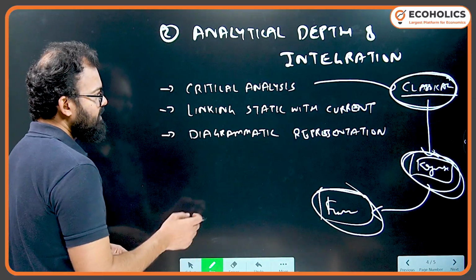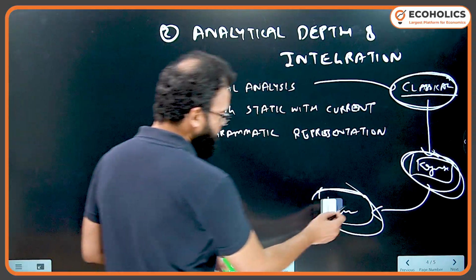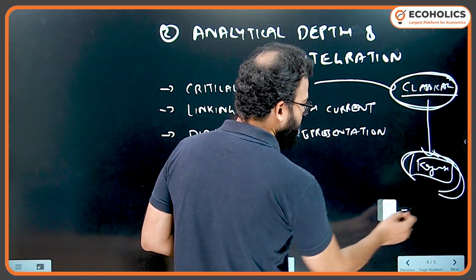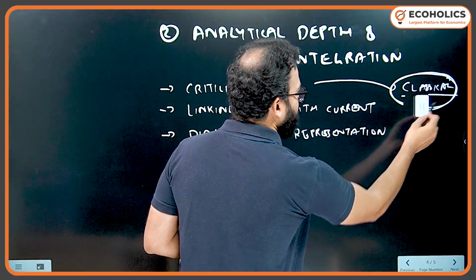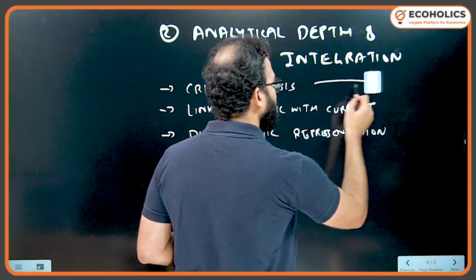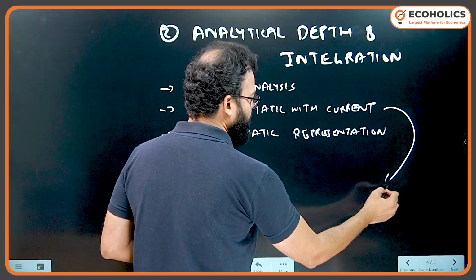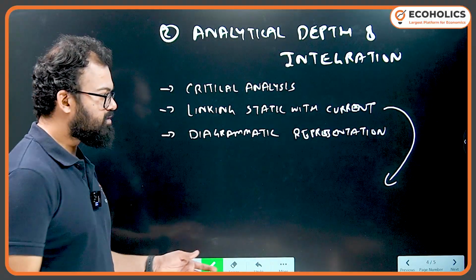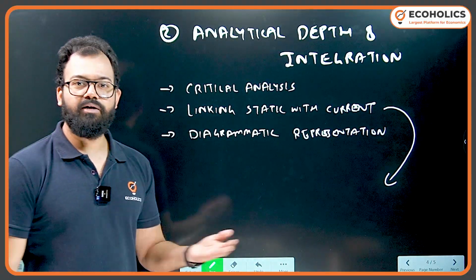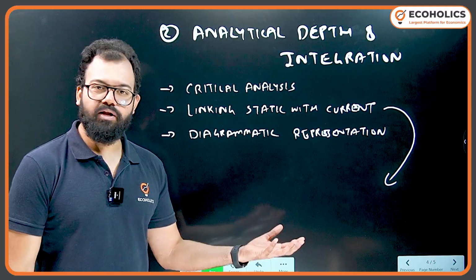Next we have static with current. Again, I already explained static with current. So linking your economic theories, like for example, unbalanced growth, balanced growth. These are the theories which we generally fail to link. Like for example, Nurkse versus Hirschman. If you see the unbalanced growth model,